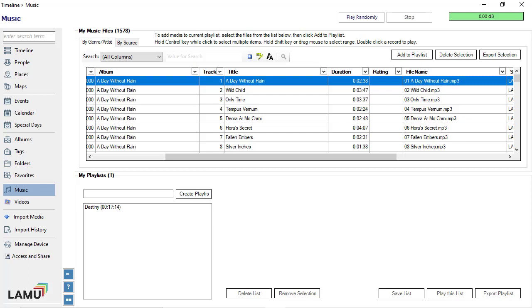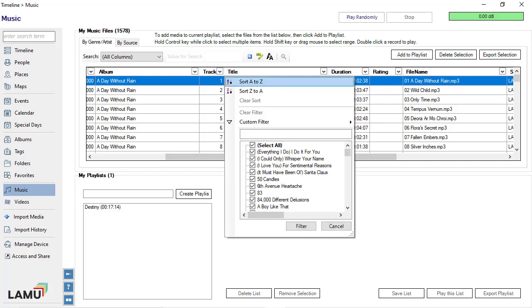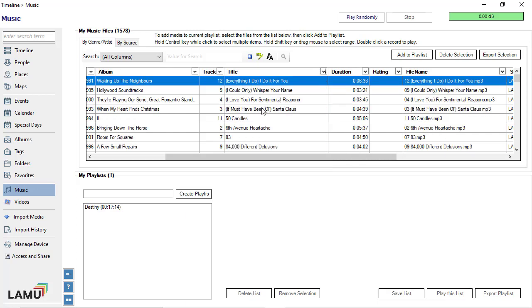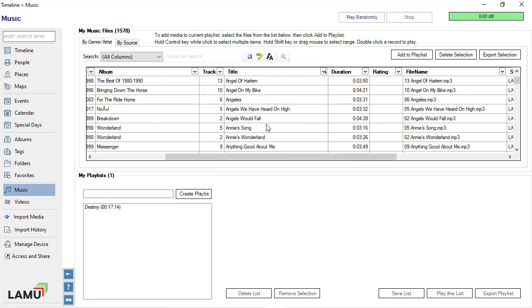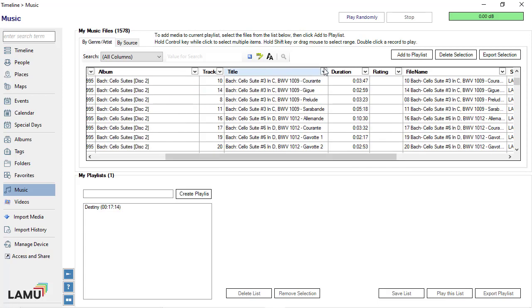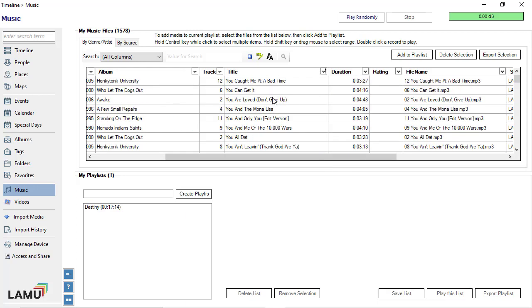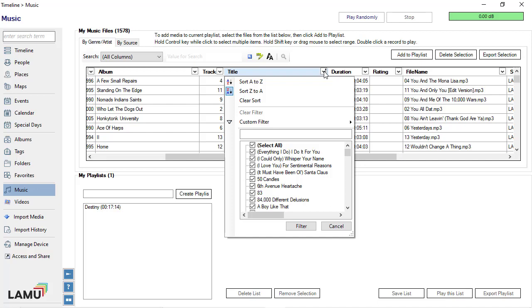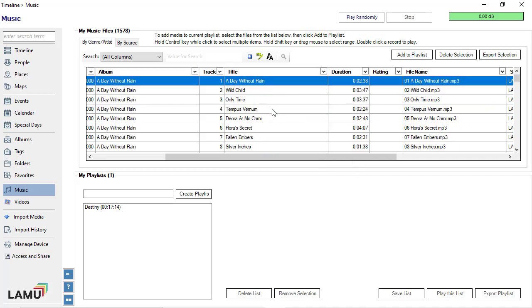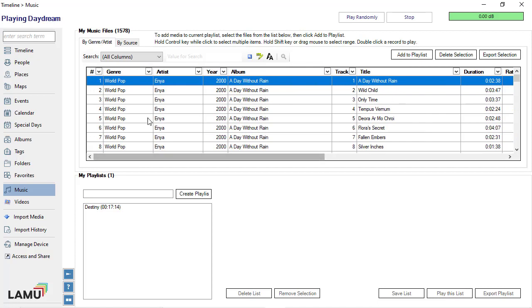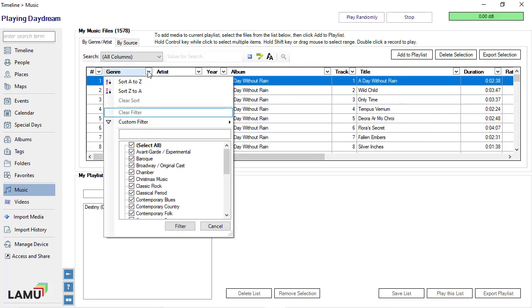To sort by a column, click the drop-down arrow next to the column header. You can choose to sort in ascending or descending order. You can filter by selecting from the available values or enter a custom filter.